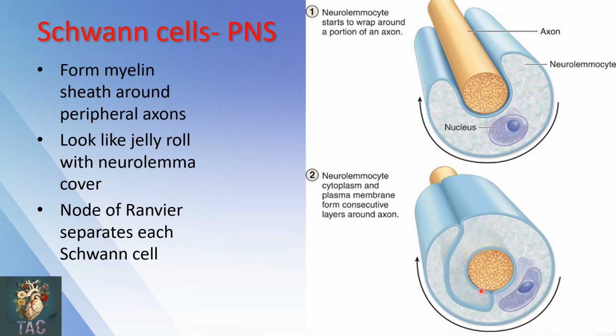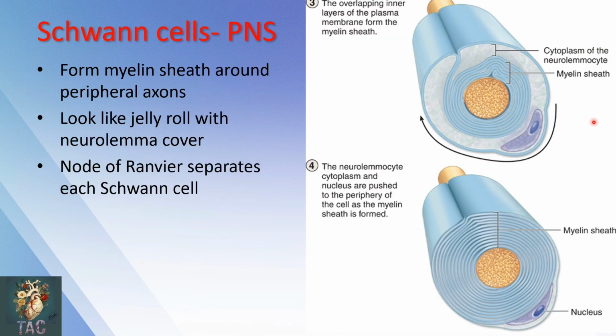So in this diagram you can see first the axon is present in a groove formed by the Schwann cell, and when the edges of these neurolemma, the Schwann cell's cell membrane, meet, they form the inner mesoaxon, and then they start to myelinate. During this process of myelination, these Schwann cells wrap themselves around the axon several times, and its cytoplasm is extruded out of this